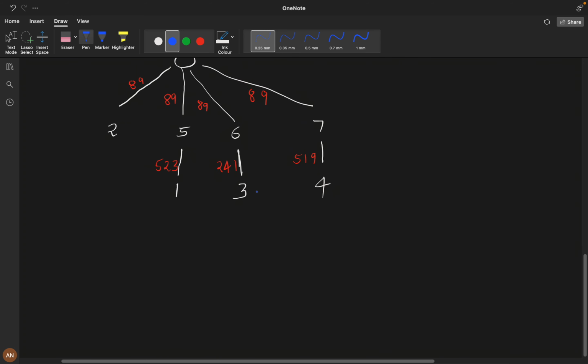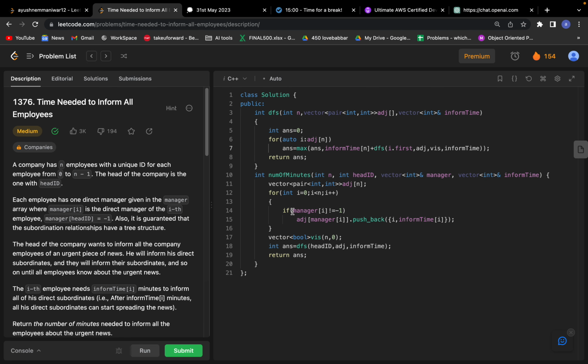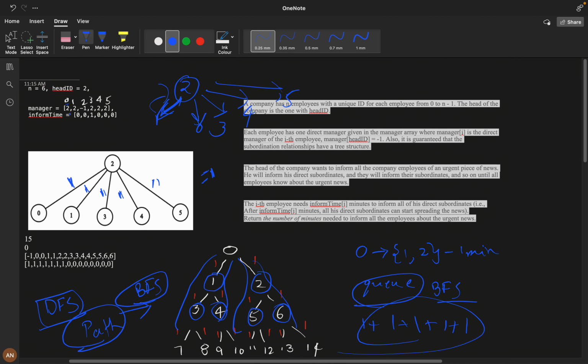So let's solve this using DFS. We are using a vector of pair adjacency of n, and we are iterating over it, and if the manager is -1 we can say that it is the head. And from manager of i only we need to push to this. Manager of i is 2.